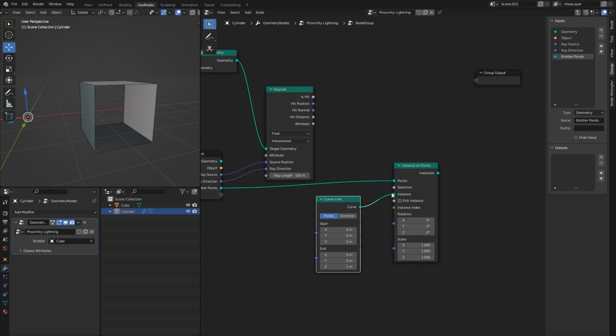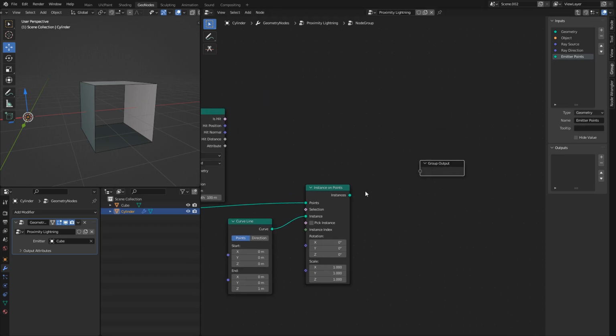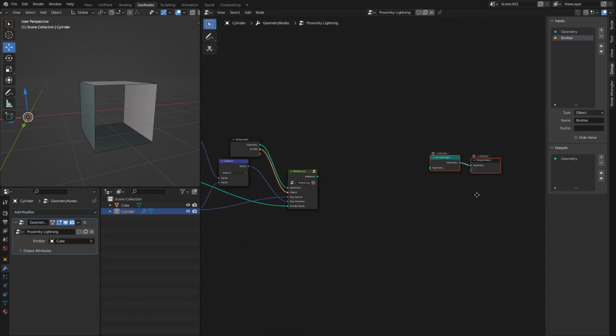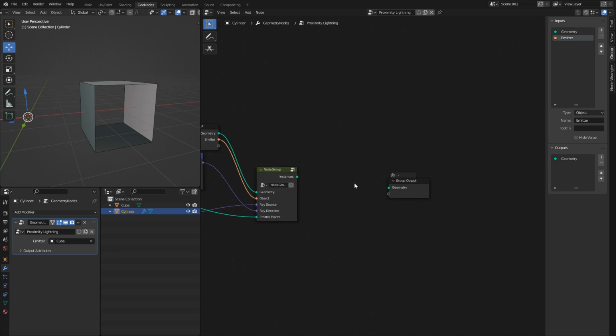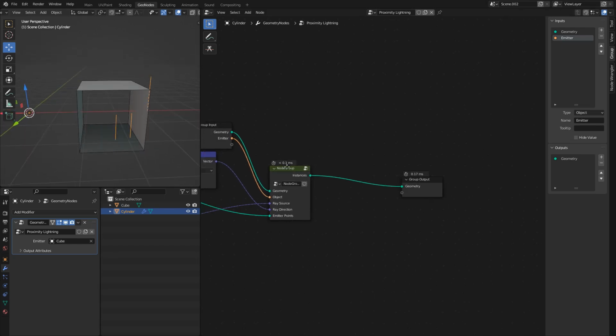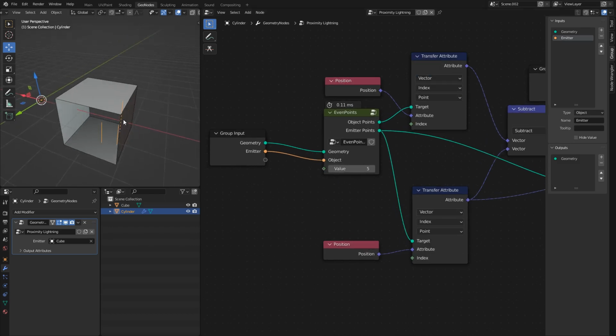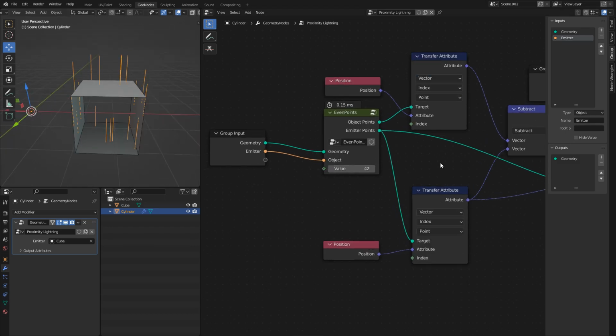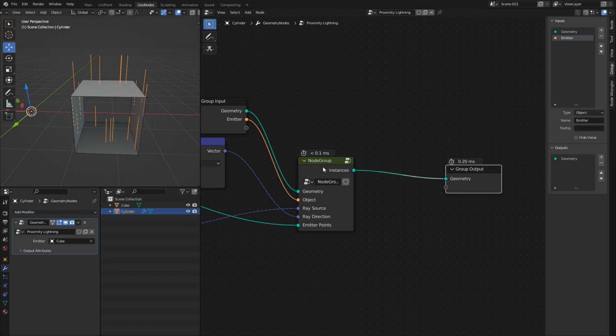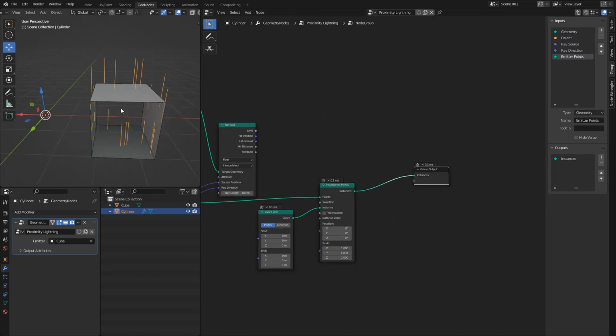I will plug the curved line into instances, and then I will get these instances and plug them out. I will hop out of here and actually connect this to our geometry output so we can see them. And here they are, our instances on our 3 points. Well, I can bump up the number. There we go. On our points, and the first thing we're going to realize is that if these are supposed